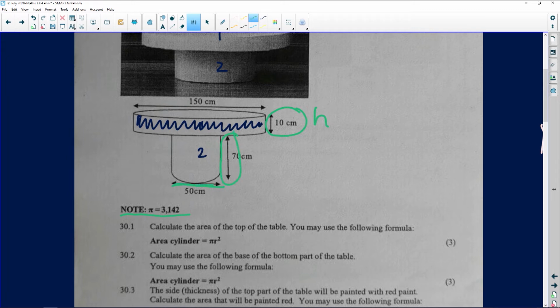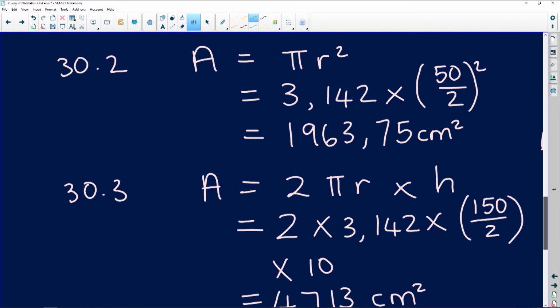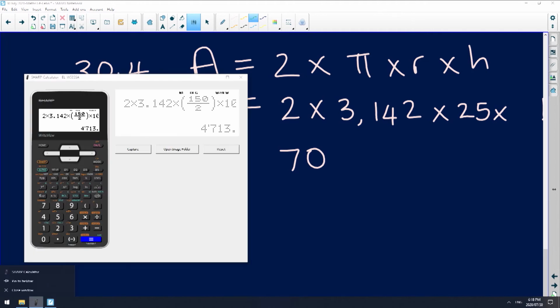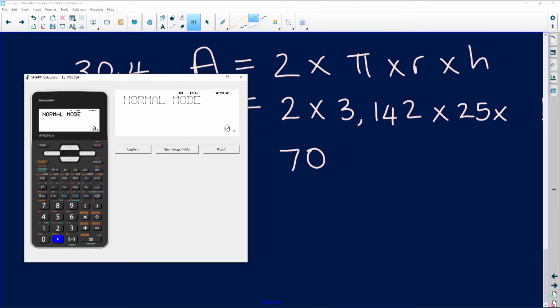And then I use that for us to know what the diameter is in order for us to find the radius. The part we are going to be painting is this part over here. See how I'm making everything super messy so that I can visualize what I am doing. Perfect. Let's go. 2 times 3.142 times 25, which is the radius, times 70, which is the thickness, gives us